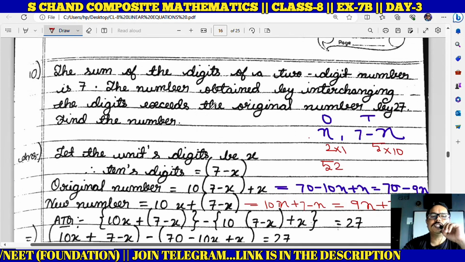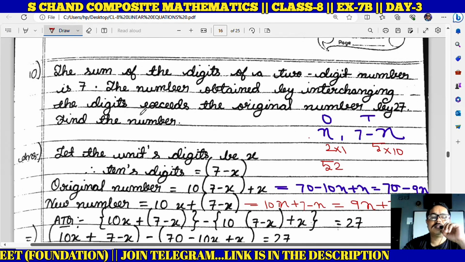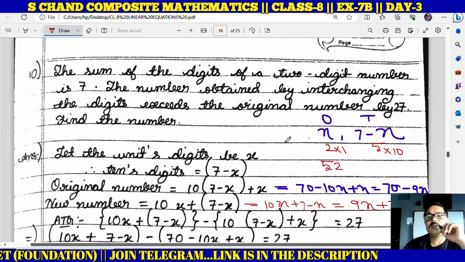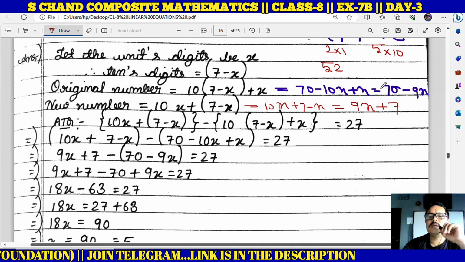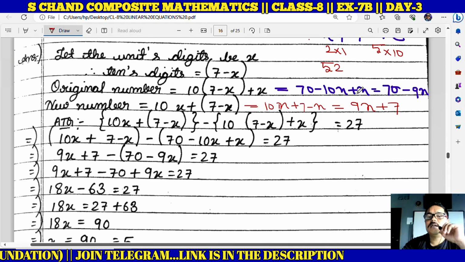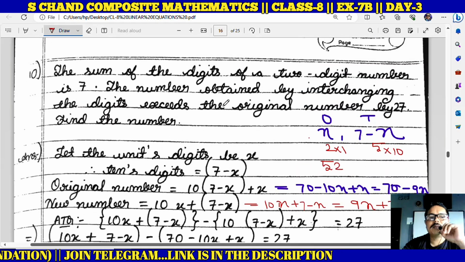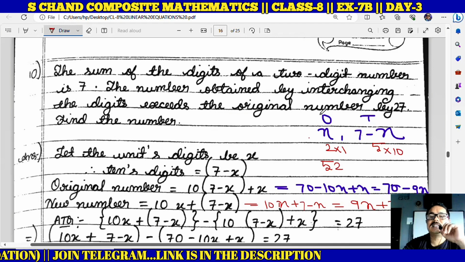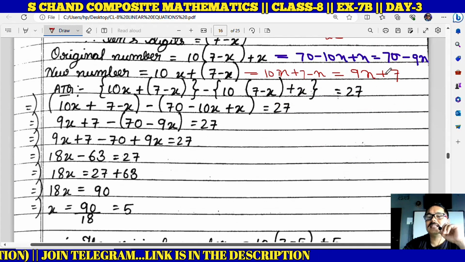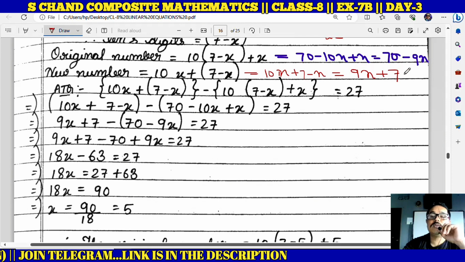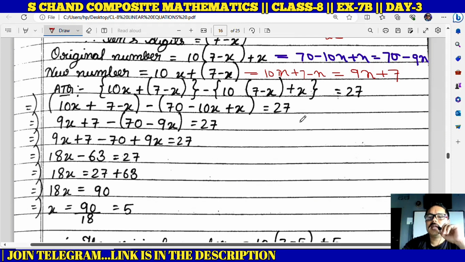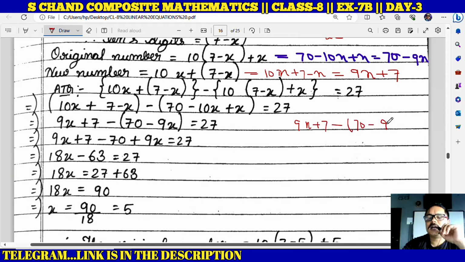Now what was the condition? The number obtained by interchanging the digits exceeds the original number by 27. So what does it mean? The new number obtained by interchanging the digits exceeds the original number by 27. So this new number is 27 more than the original number. So like this you can frame the equation: 9x plus 7 minus (70 minus 9x)